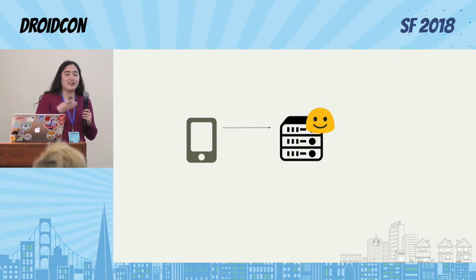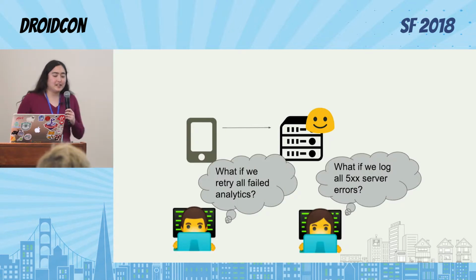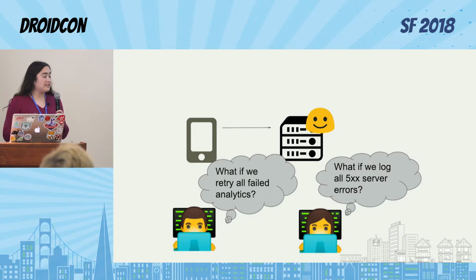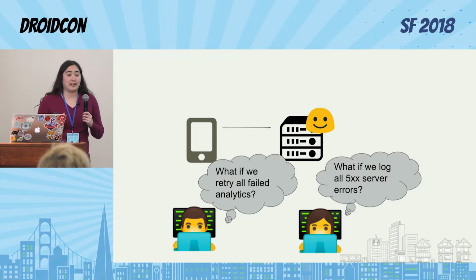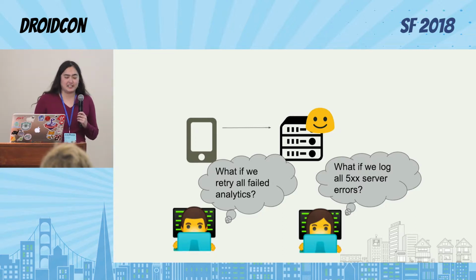So we have an app, and it talks to a server, as is typical. And normally, if everything is good, the server is happy. But then, over time, Yelp has grown into a fairly mature app with a lot of people working on it. And it's not really possible to know what everyone is doing and how what everyone is doing might interact with what everyone else is doing. So you can wind up with some unfortunate situations.